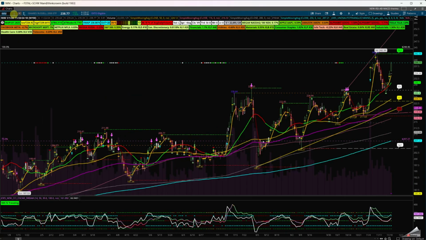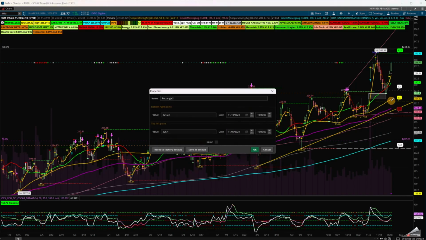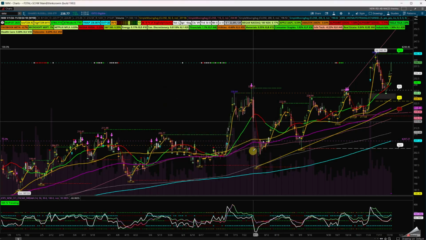IWM, which is the small cap or the value play, we can see there's a gap down here, which we're going to fill up here. Just keep an eye on it. There may be a change in trend in different sectors, where I would rather pay attention to small cap as well as mid cap to give us an overall view, because we broke out of that downtrend channel trying to come back up to the backside of the prior 2-3 years ago from 2020, going back up to that 100% retracement in the IWM.